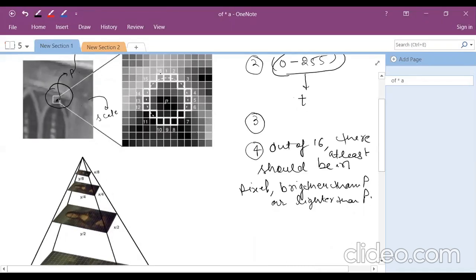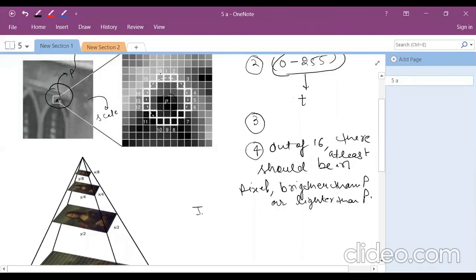In the case that out of 16 I could not find at least n pixels, in this case I will be rejecting this pixel P, as it is not a corner point. That is the condition. If it successfully satisfies this fourth condition, then we can say my P is a corner pixel point and it is useful for detecting key points, descriptors and detections for further processing. It is a good start, that I want to say.